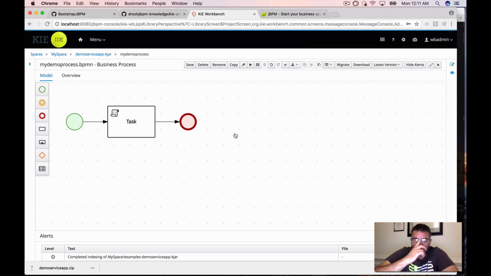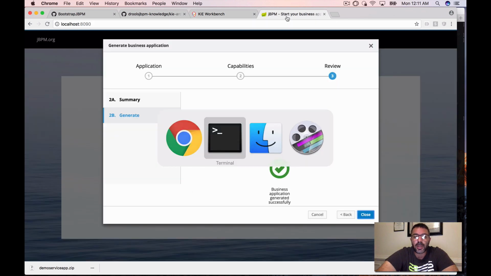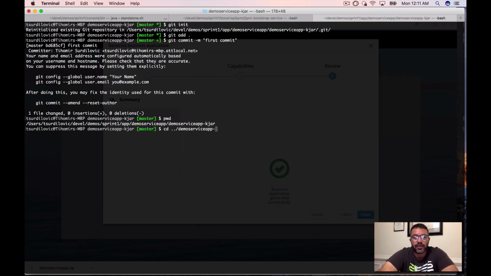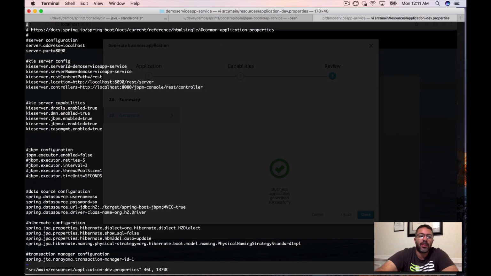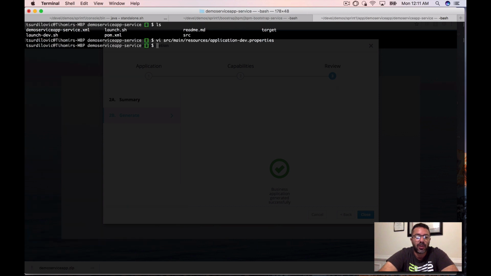Now how do we start using it in our created business application? If we go back to the Spring Boot application that we generated, you will see it has two launch scripts: one is launch and one is launch dev. In dev mode, we have already defined for users the KIE Server Controller setup, through which we can easily start connecting to a running instance of our Workbench. So let's do that. Let's give the dev launch script permissions, and go ahead